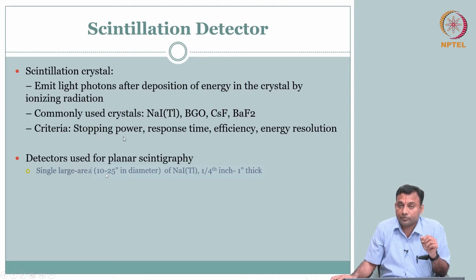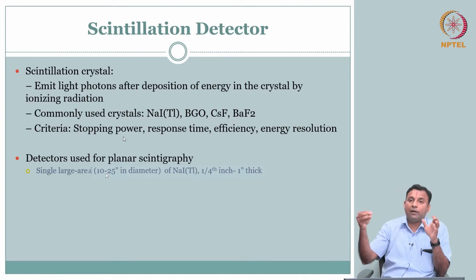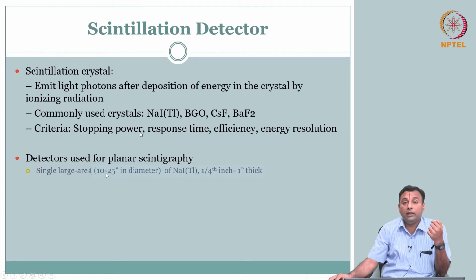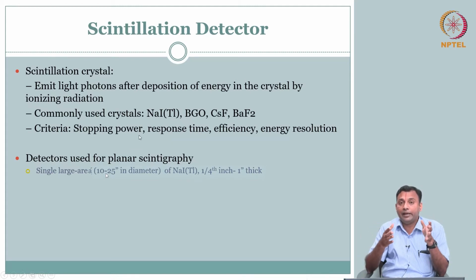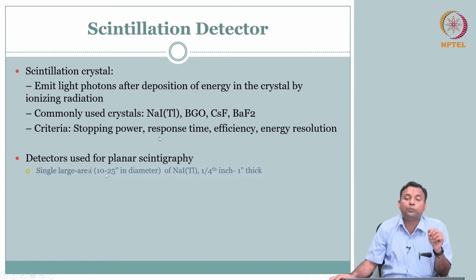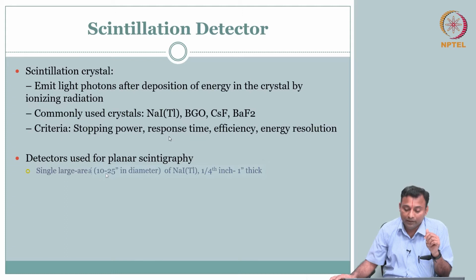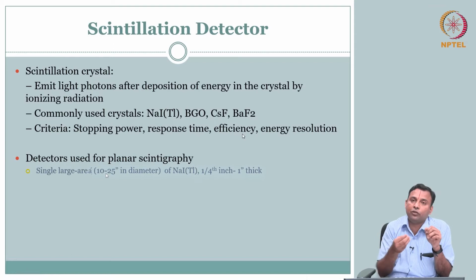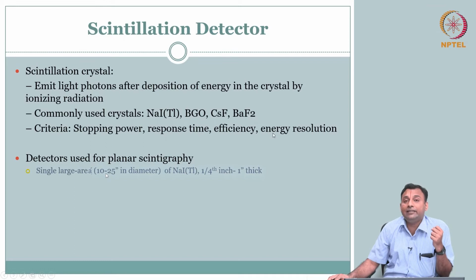Stopping power. You want the gamma rays coming in to be stopped; if it does not have stopping power, then the gamma rays will go right out as well. In this case the stopping power is for the gamma, which has a higher energy. Response time, similar to what we talked about with the speed of the camera at that time. Efficiency, of course, conversion: how much of the gamma photon is actually getting absorbed, the conversion efficiency. And energy resolution, this is another key one,